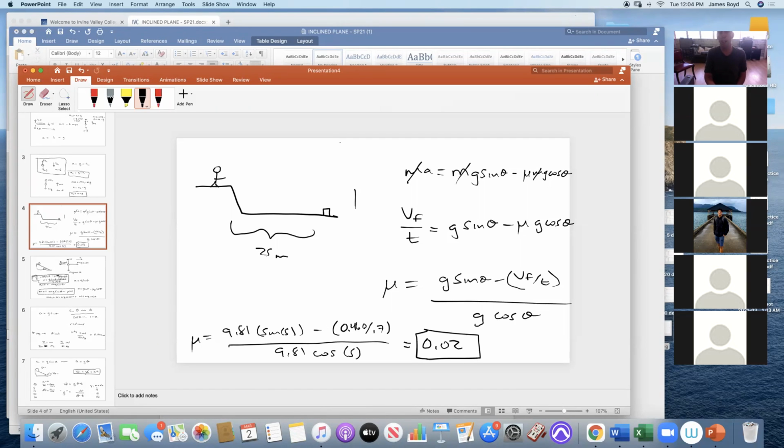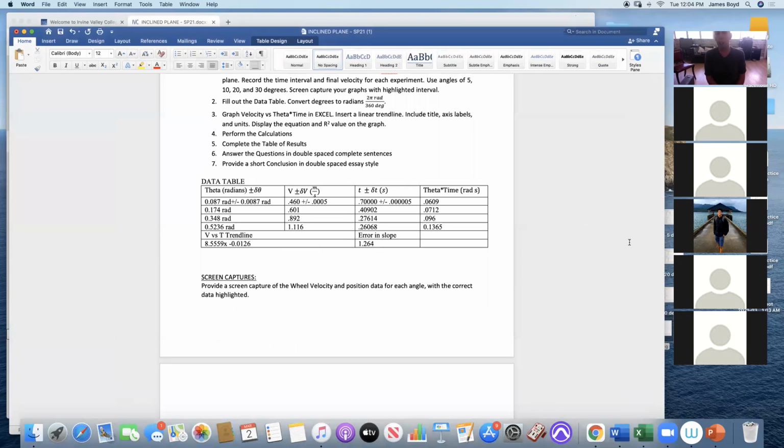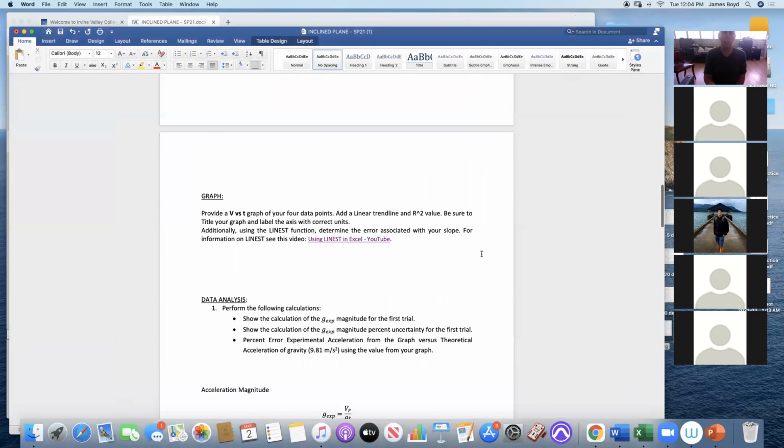This is what the acceleration actually was. So when we subtract that, we get the deficit in acceleration divided by g cosine, which is the normal force. And so that is our coefficient of friction. It's very small, but it was enough to slow down our iOLab a little bit so that G wasn't exactly